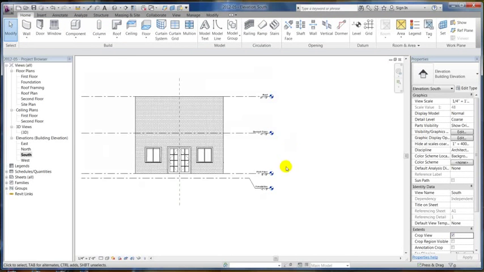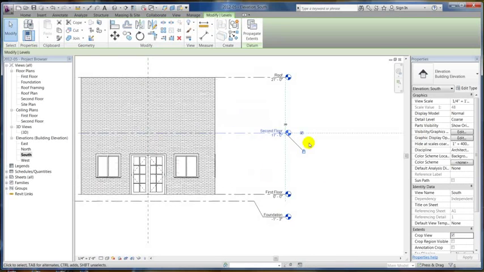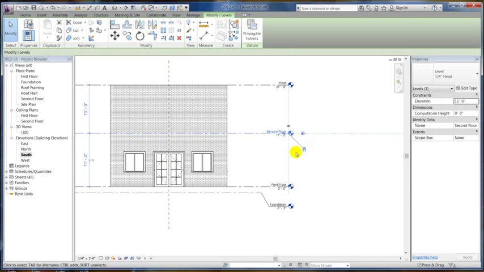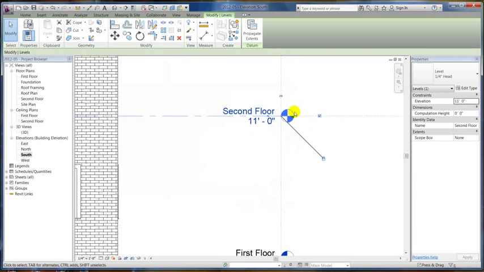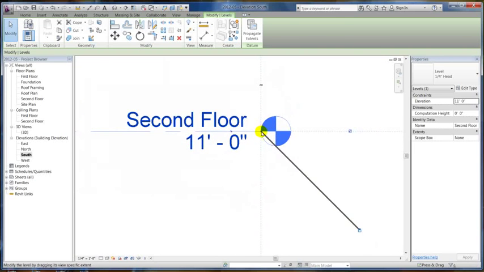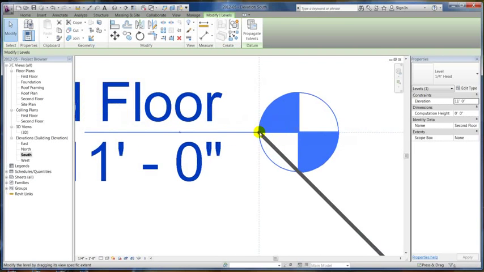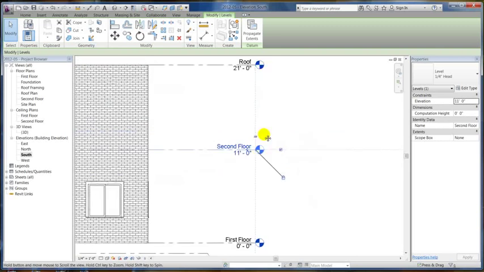Another thing I wanted to show you is you see this lock right here. It says I have second floor highlighted, and there's the lock. That means all these level heads are locked. So if I wanted to manually drag these out, I'll zoom in and drag them out. Now you'll notice that dot is real tiny because I'm in